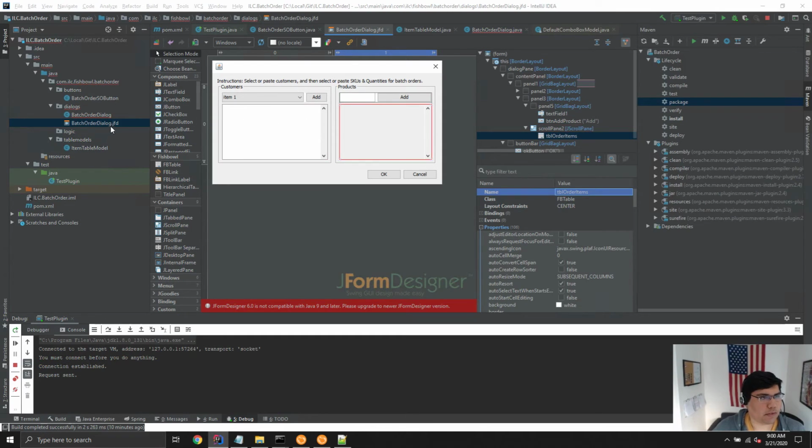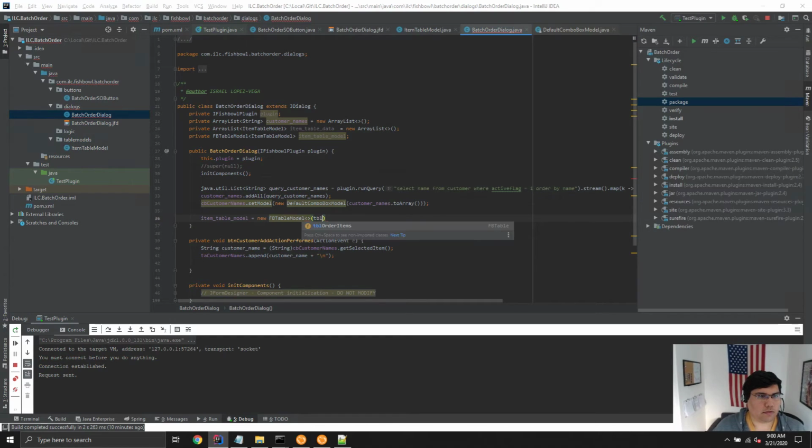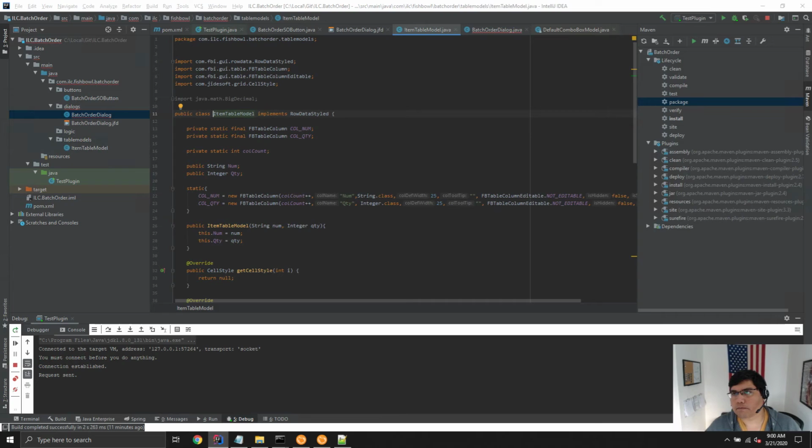There we go. It will make more sense. TBL order items. Oh, okay, column settings, yeah. So I have to add a